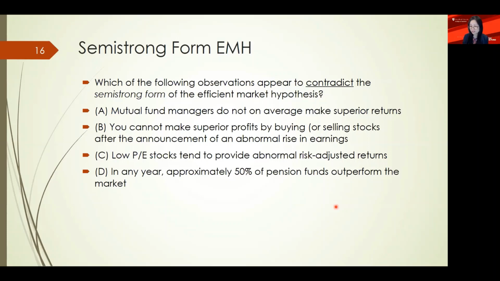Semi-strong form EMH says historical and public information are in the price. They cannot help you to predict returns. So which of the four contradicts the semi-strong form? Okay, go ahead, read the question. I'm going to create another